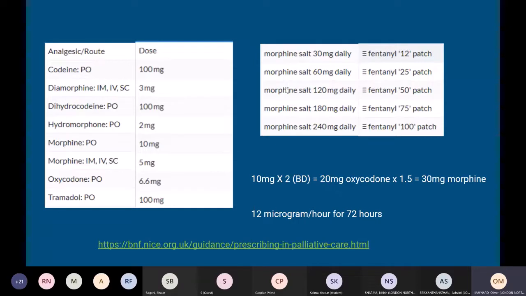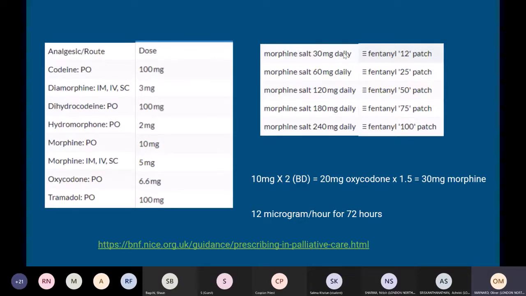And we have to convert that into oral morphine to make the conversion. From the table on the left, we can see that 10 milligrams of oral morphine is equivalent to 6.6 milligrams of oxycodone. So oxycodone is about 1.5 times as strong. So he's having the equivalent of 30 milligrams of morphine sulfate daily. He wasn't using any PRNs at the moment. He had them prescribed, but his entire opioid intake for the day was 30 milligrams of morphine, which